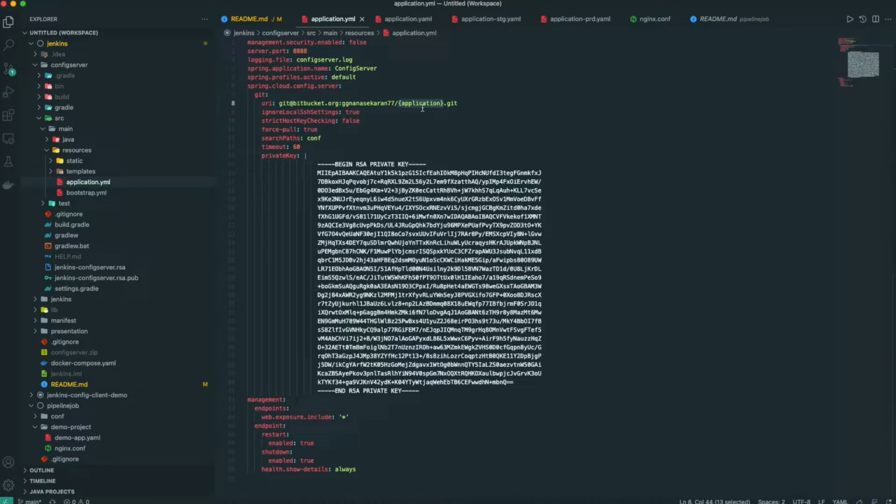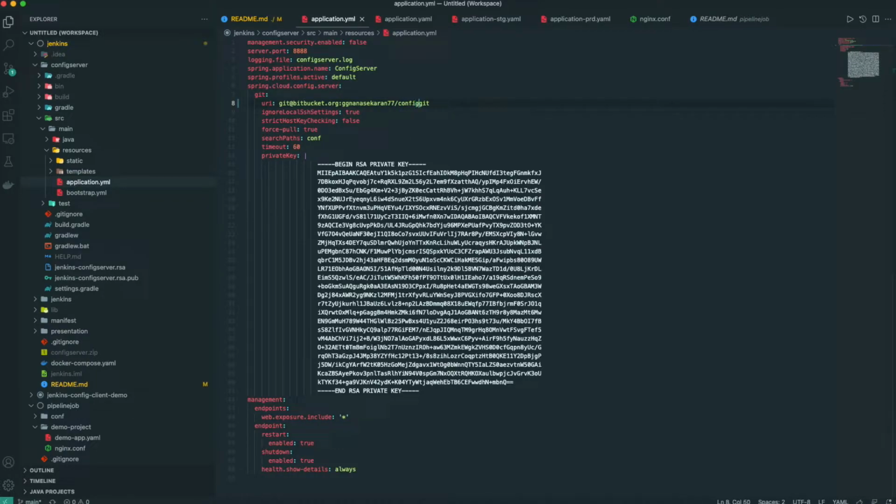So for each team, we can have a separate repository and they can store their values in that repository. So we can decide a few ways. There is another way, let's say if it is a small team, in that case what we can do, let's say I want to keep all my